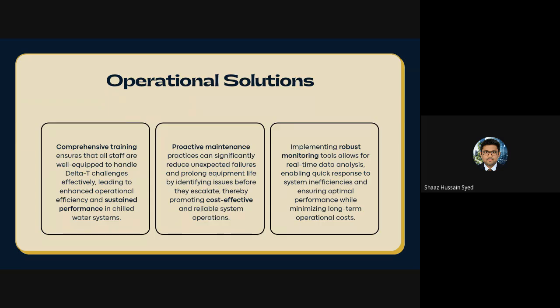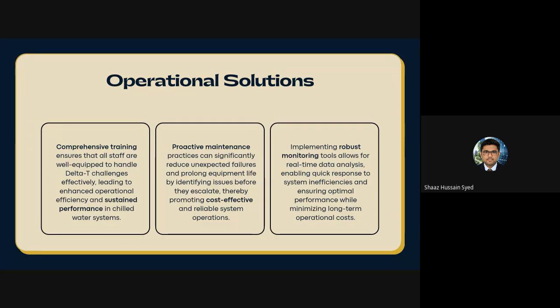Operational solutions that we recommend are to maintain the room temperature at 22 to 24 and clean the filters. Every preventive maintenance with the facility management should be performed on time, because if they cause any delays, the filters will get dirty and effective cooling will not happen inside the rooms.